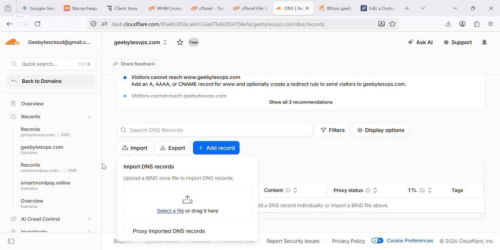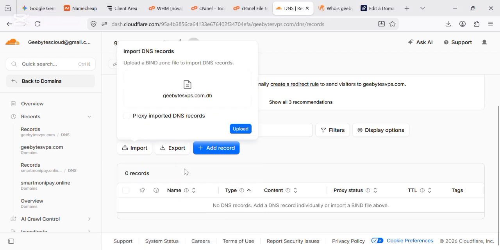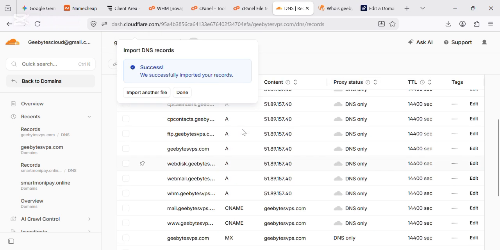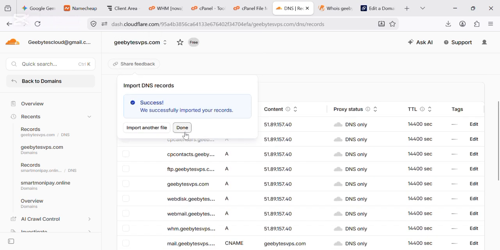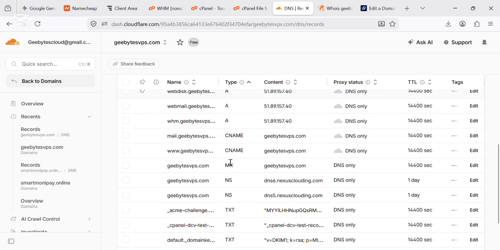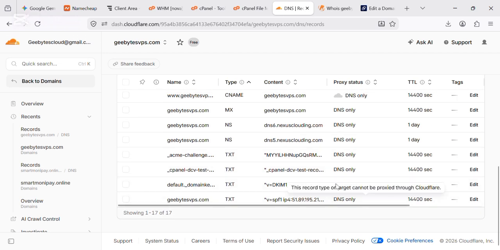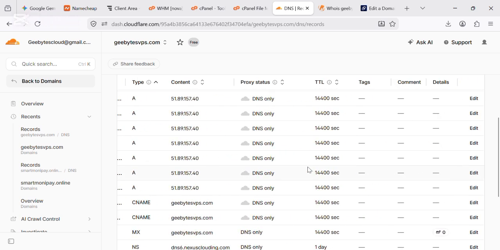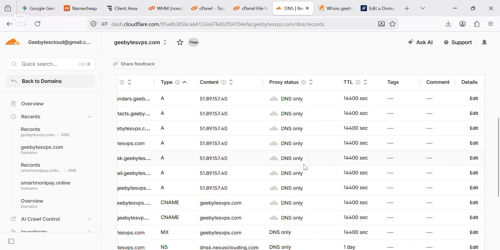Alright, this is it. You click here and you import it. Upload the import. Are you seeing it? Fantastic. Done. Now you've seen it has imported all the records you need. All of them.